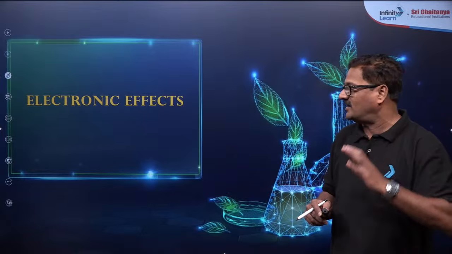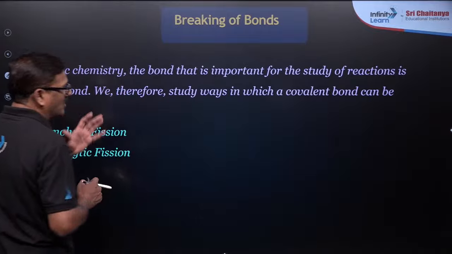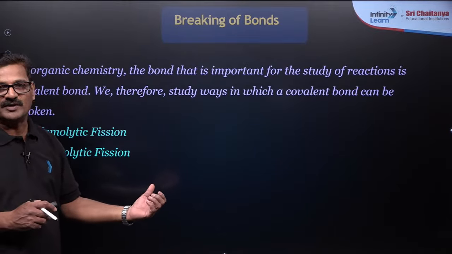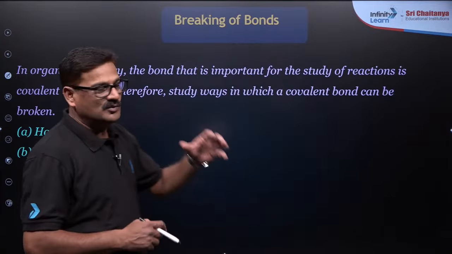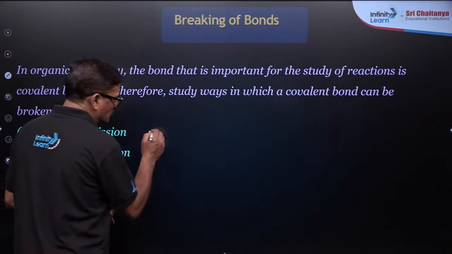In electronic effects, in order to convert a reactant into the product, old bonds in the reactant have to be broken and new bonds in the product have to be established. Arpit, hi. And what I want to say, in this case, is how old bonds are exactly broken and new bonds are formed. So the reactant